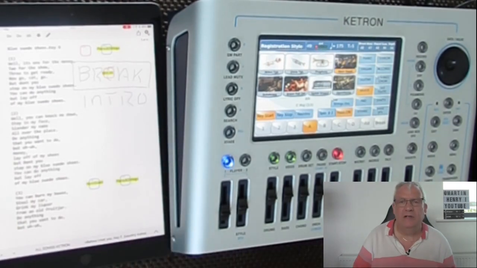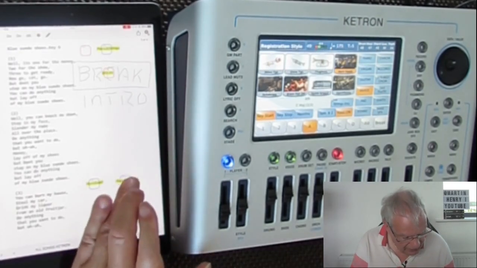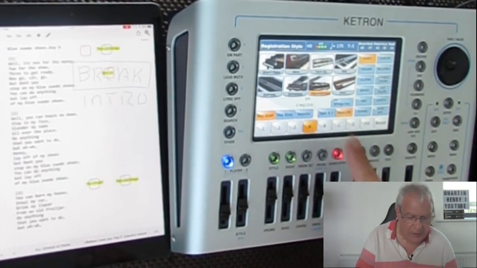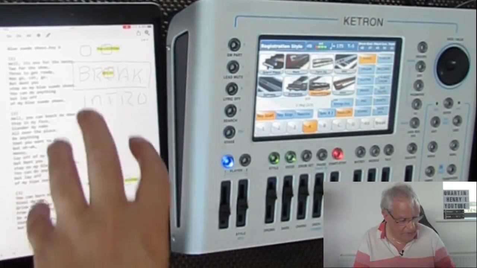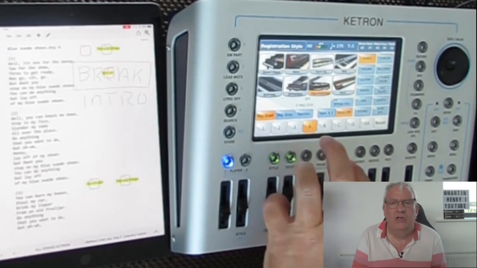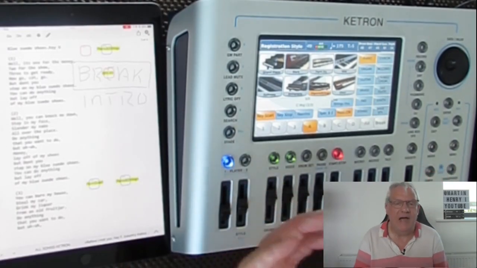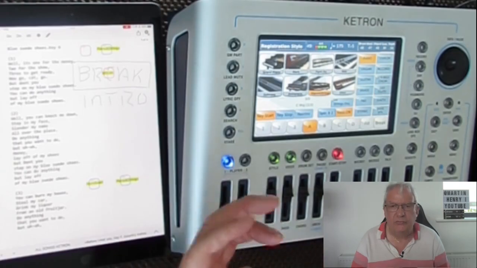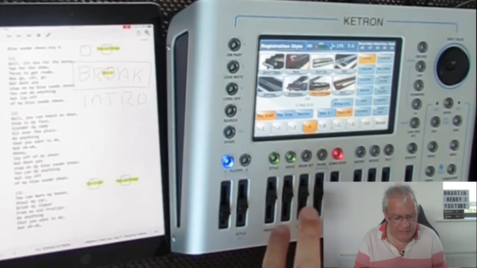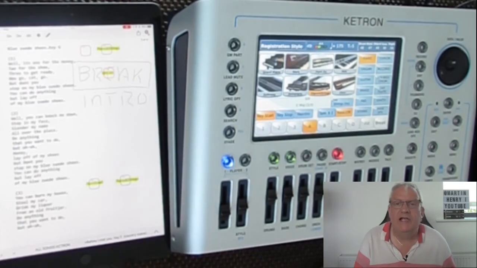And then when I've got a lead finished in the middle of the song, I want to fall back again onto my piano and strings. So I hit the piano and strings. It goes to my piano section, brings up my piano and strings. Now, you can program whatever you want inside here in this app to control whatever piece of gear you're trying to control. So if you're a guitar player, this could be, we'll say, guitar effects, patches. There's no reason why you couldn't control your vocal harmonizer, anything that can receive MIDI and that you can connect the iPad to. You should be able to control it using the MIDI